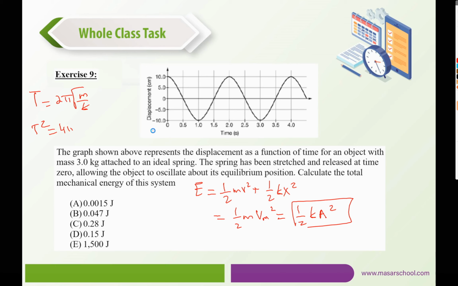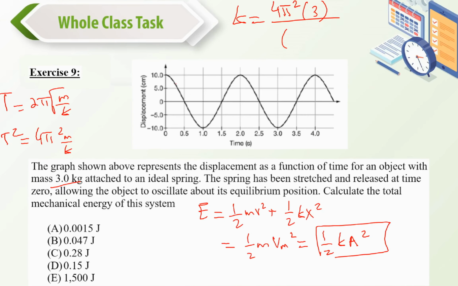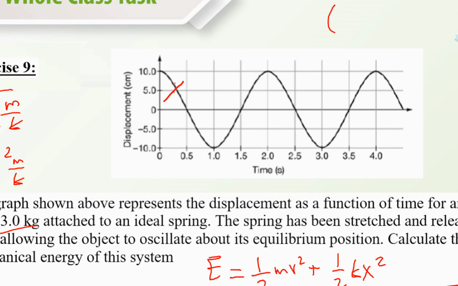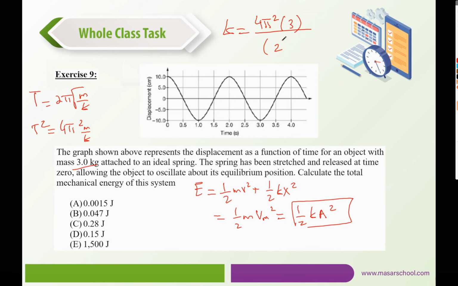Or if we know the period, okay, so fine, let's determine it this way. 4 pi square m over k, then k is given by 4 pi square the mass, which is 3, divided by the period square. Now the period is determined by 4 amplitudes. This is 1, 2, 3, 4, basically 2 minus 0, which is 2 seconds, 2 to the power 2, and the value of k can be determined, and it's almost given by 29.6